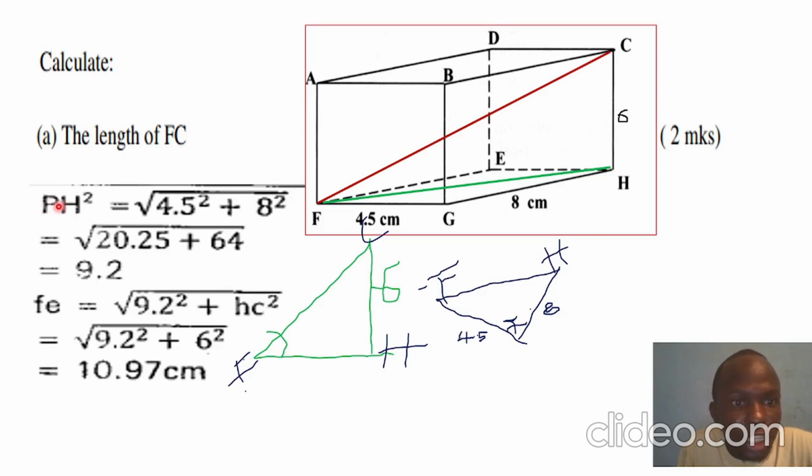So FH squared from the Pythagoras theorem is equal to 4.5 squared plus 8 squared, then get the square root of the whole summation, and then the answer will be 9.2. Why are we saying 4.5 squared plus 8 squared? We are saying that because these are the shorter sides and we want the longer side, this longer side here, FH of this triangle from below. Now that FH has already been determined as 9.2, the next thing is to get